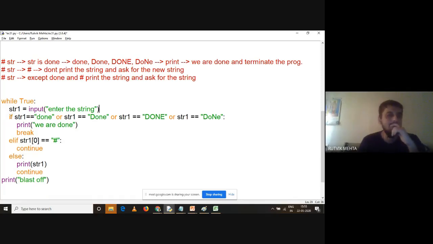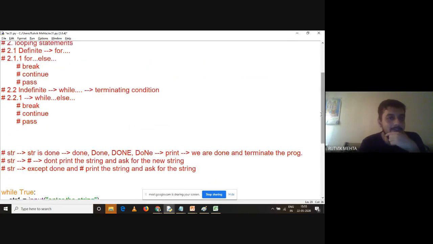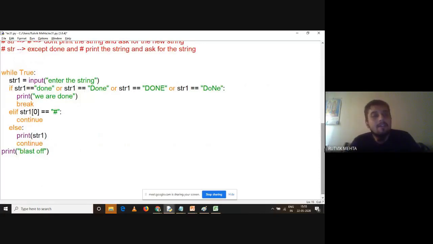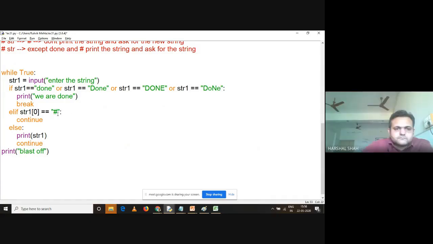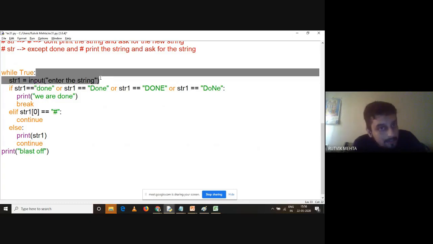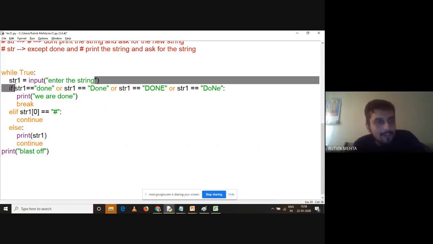And this is your while loop, right? And understand this, as I have told you in the beginning. While loops are known as which kind of loop? Indefinite loops. Why are they indefinite loops? We do not know how many times this particular while loop is going to get executed. पहले ही केस में यूजर ने हैश एंटर कर दिया तो एक बार एग्जीक्यूट होगा. यूजर 1000 एंट्रीज के बाद भी डन एंटर नहीं कर रहा है, 1000 टाइम्स एग्जीक्यूट होगा, 10 टाइम्स हो सकता है, 20 टाइम्स हो सकता है, डिपेंड्स ऑन दिस पर्टिकुलर फंक्शन. यूजर जो एंटर करेगा उसके हिसाब से टर्मिनेटिंग कंडीशन चूज हो रहा है. समझ में आ रहा है?